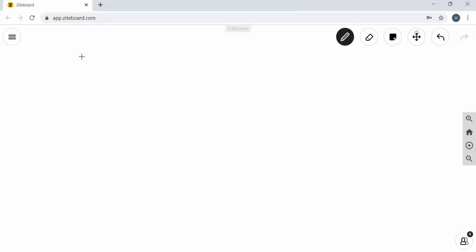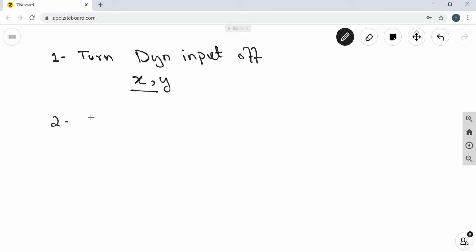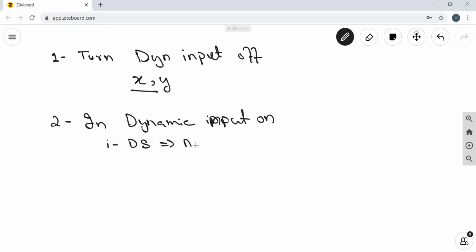So let's summarize the three ways which you can use to enter absolute Cartesian coordinates in AutoCAD. One is to turn dynamic input off, and then you can simply type x comma y coordinates. Second is, if dynamic input is on, from D settings or drafting settings, change the settings to absolute and Cartesian, and then you can enter the coordinates by typing x coordinate comma y coordinate.